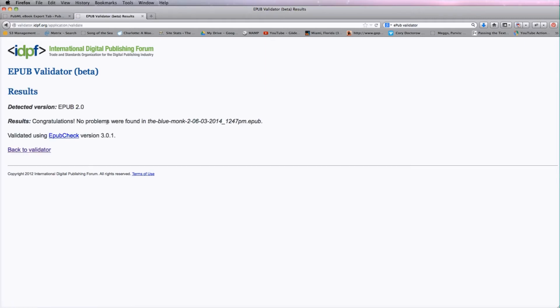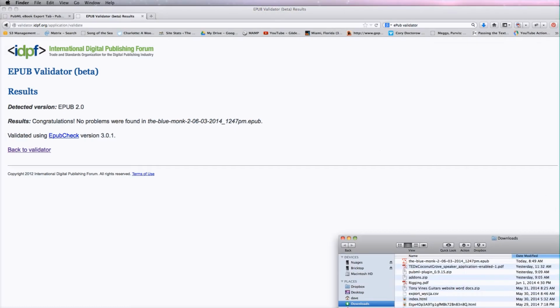And finally, it tells me that my EPUB is good. EPUB 2, congratulations, no problems were found. So I know that I've got a valid EPUB file. The next thing I'm going to do, and you may or may not have an EPUB reader set up on